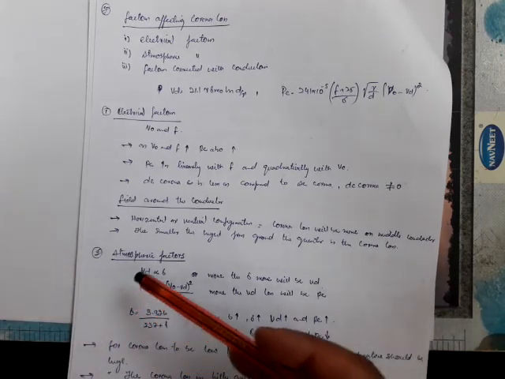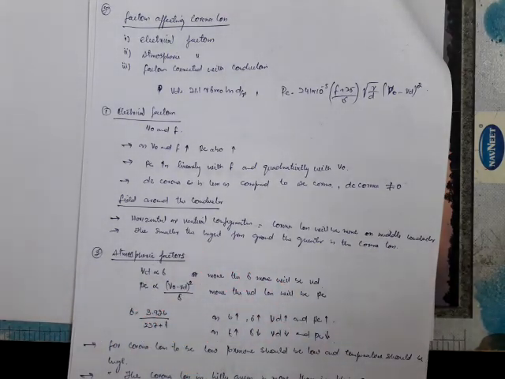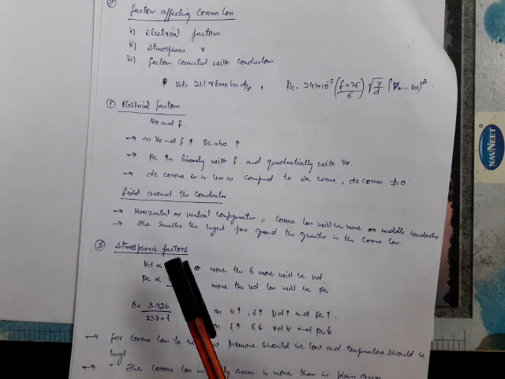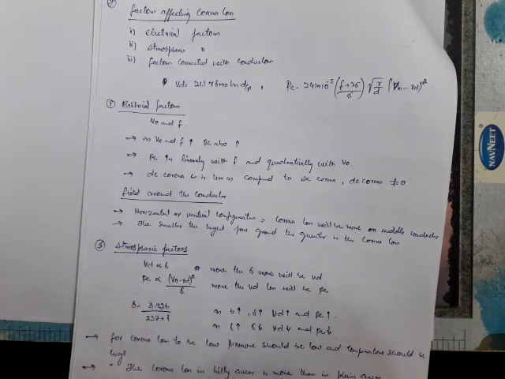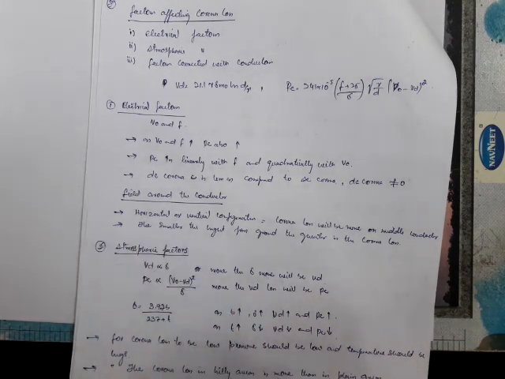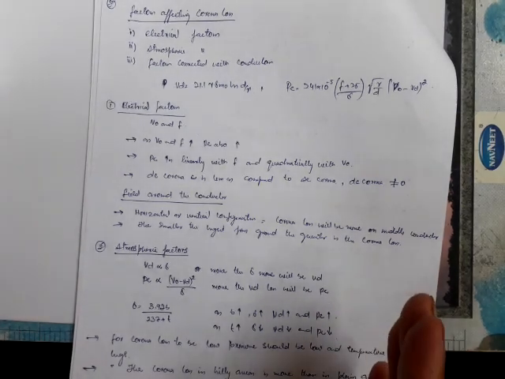One more thing, the field around the conductor. This is actually an electric field phenomenon that results in the corona loss. The more the electric field, the more the corona loss. Similar is the case when the conductor configuration is linear and horizontal: the middle conductor will have a higher field and it will result in more corona loss as compared to the side conductors of a three-phase system.